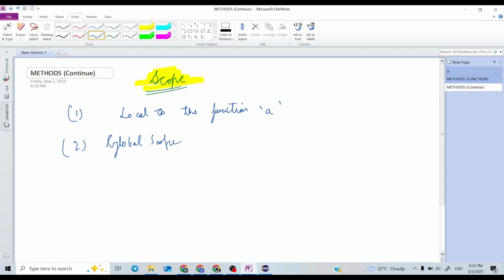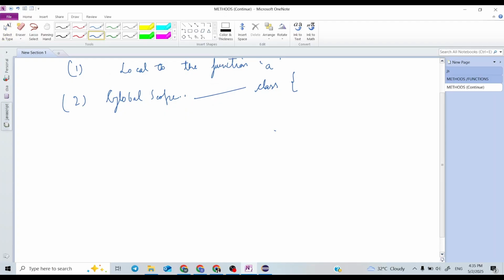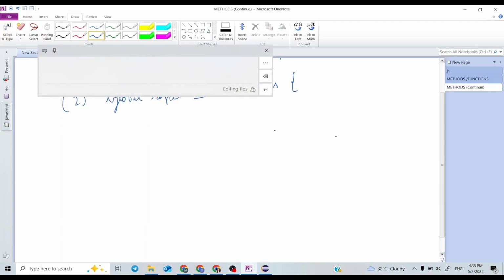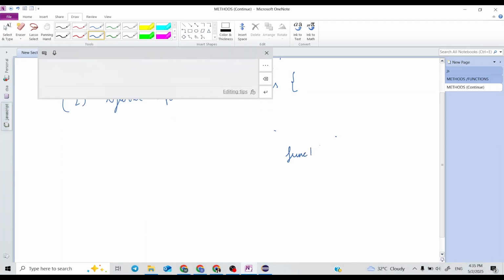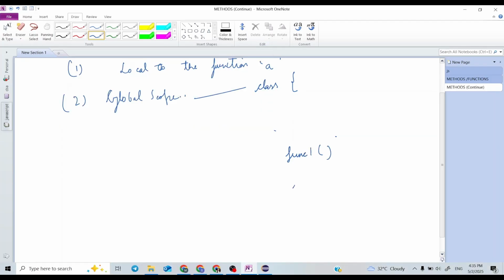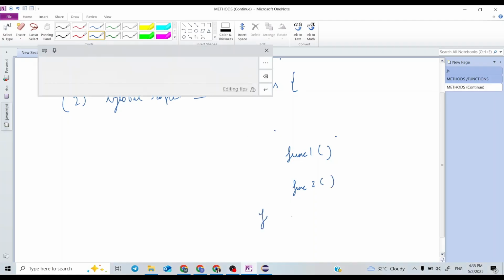In different contexts, global scope may vary. So if I say this is my class, and inside this class I have three functions, suppose the first function is here, the second is here, and the third one is here.